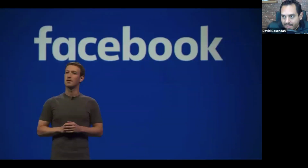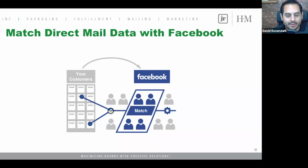Now, not only is USPS investing in helping us make direct mail more digital, but companies like Facebook are also doing some really interesting things. And so one of the things I want to turn you on to here is that, and I alluded to this a second ago, for anybody who's doing direct mail, and let's say you're sending out 50,000 direct mail pieces to a group of targeted people. Did you know that you can take that list, Sarah and her team can help you with this, take that list, imagine that's this right here, and upload it to Facebook